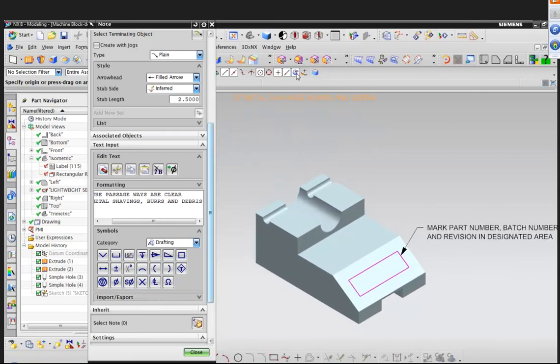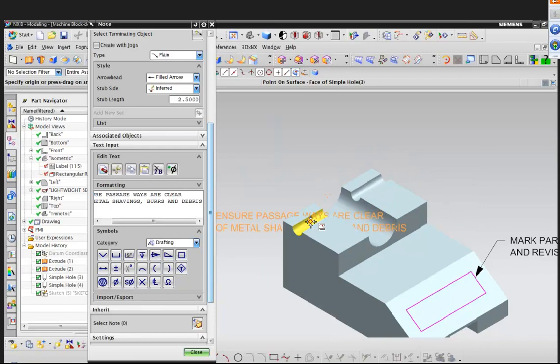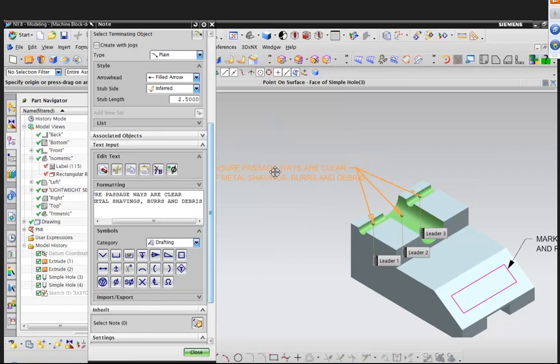I want to make sure that my point on face and my snap point is turned on so that I can select these faces down here. I'm simply going to select and drag, select and drag, select and drag to create multiple leaders at the same time